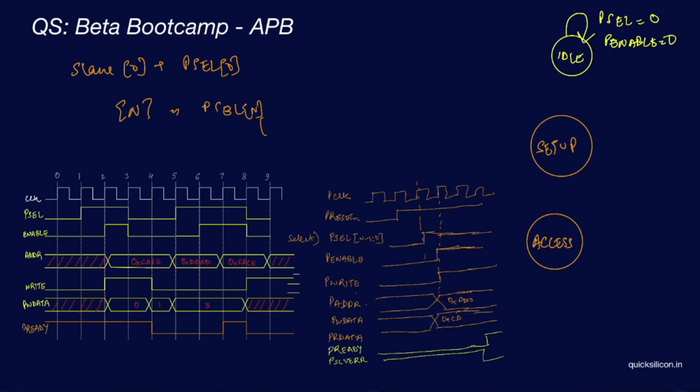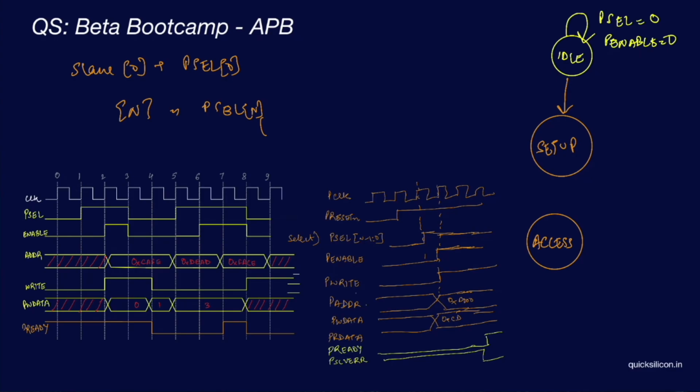So in that scenario, your state machine is in the idle state, which means that you are not performing any reads or any writes, and you're not even initiating any transaction. You move to the setup state when you want to initiate a particular transaction. So you will move from idle to setup whenever you have a transaction to be given out.